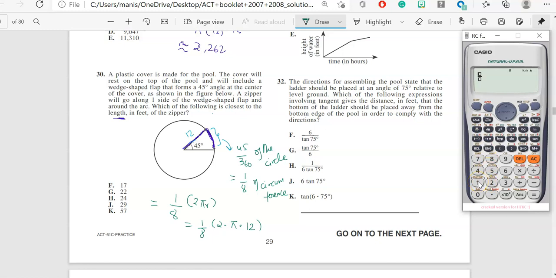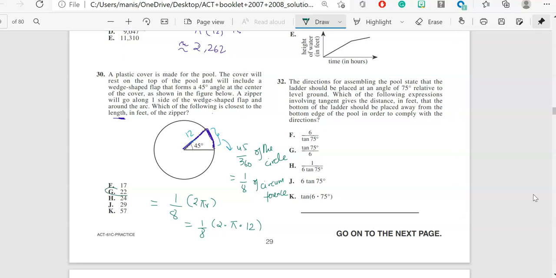So I'll write 2 times pi, times 12, and you divide this by 8. So our answer is 3 pi, or 9.424. And I said to add 12 to your answer. So let's see what our answer is. It should be approximately 21.42. This means I will go with answer choice G as your answer. I'll just write over here 21.42. That's the length of this part plus this part.